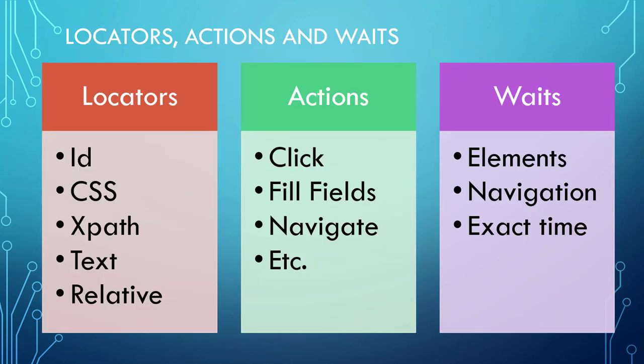These are the main tools that we use in our test automation. We use locators such as ID, CSS selector, class, XPath, text, or relative locators in order to interact with the right element. If we want to press the green OK button, we have to be sure that the program shouldn't click another green button or OK button. And we use actions like click, type, check, select option, navigate to page, etc.